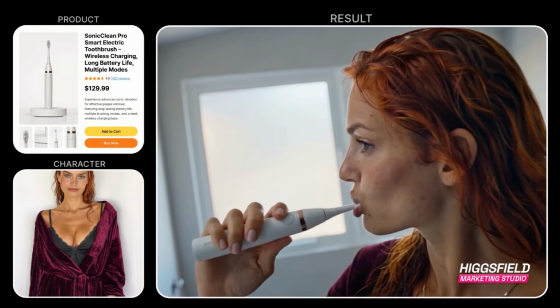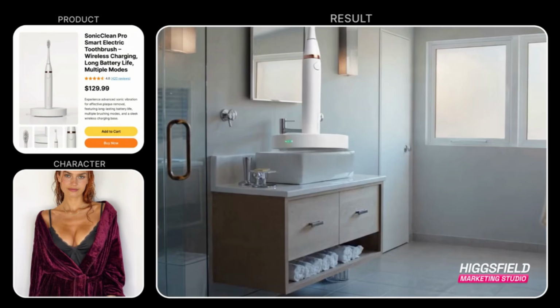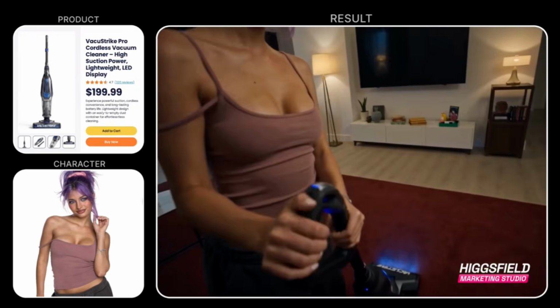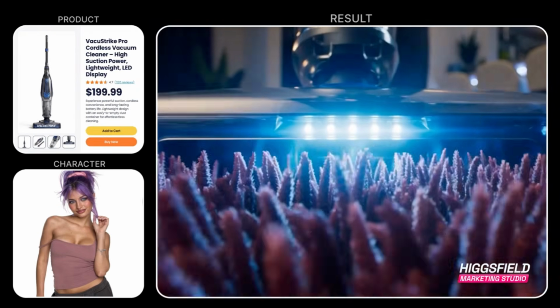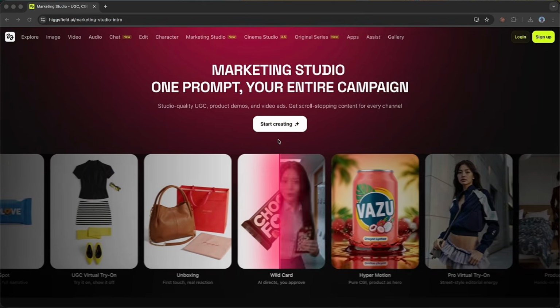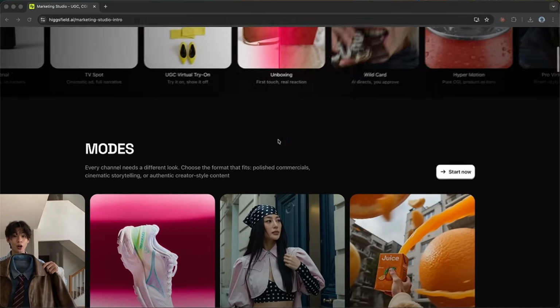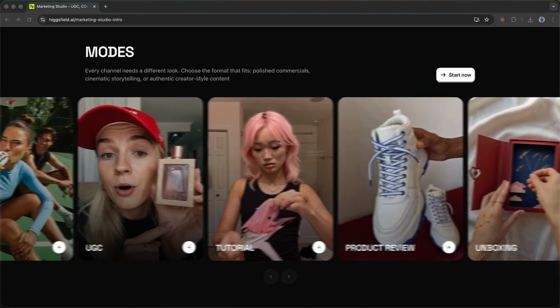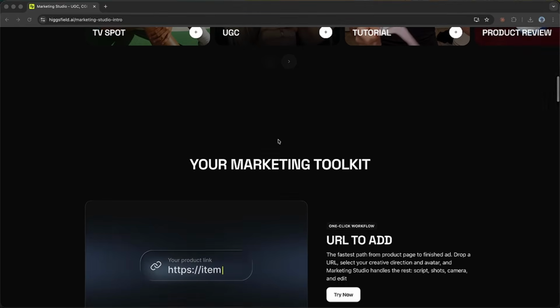Everything you just watched was generated by one tool from a single product link in one session. No agency, no film crew, no editing suite. This is Higgsfield Marketing Studio, and it just launched. So what is it? Marketing Studio is the first AI workflow that takes you from a product to a finished